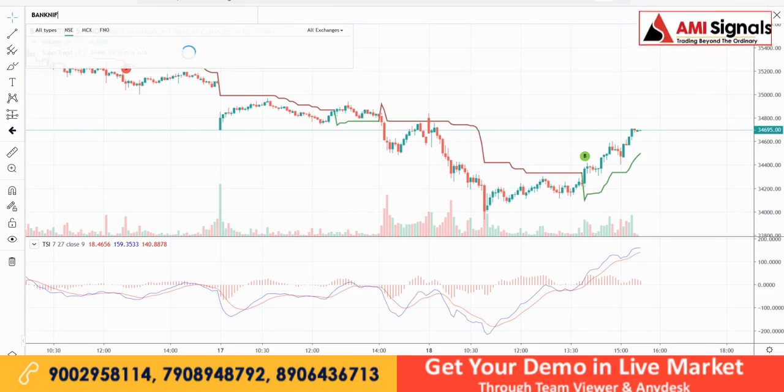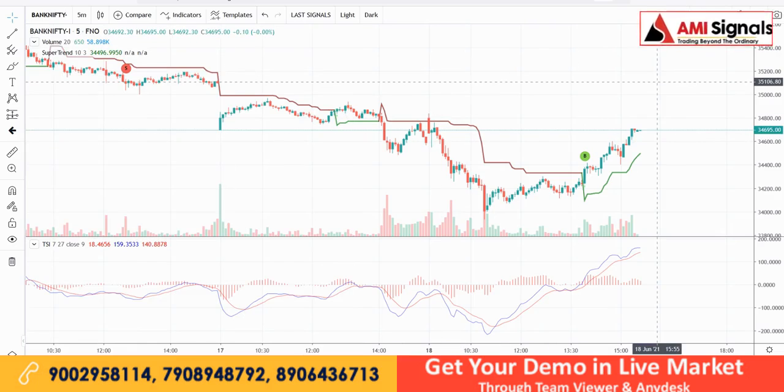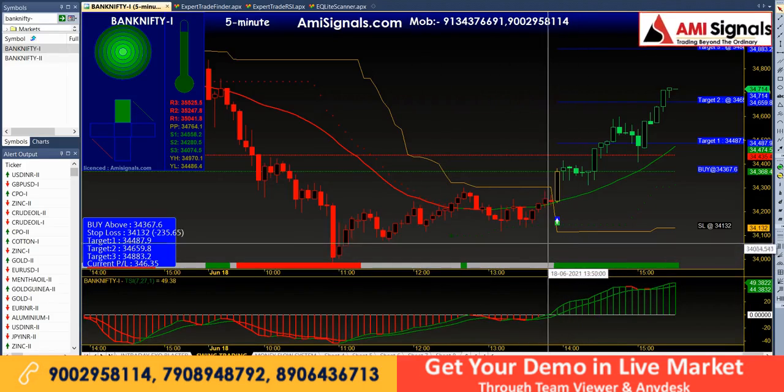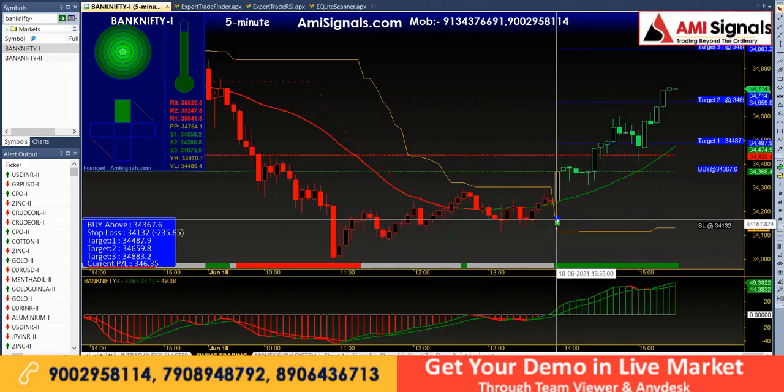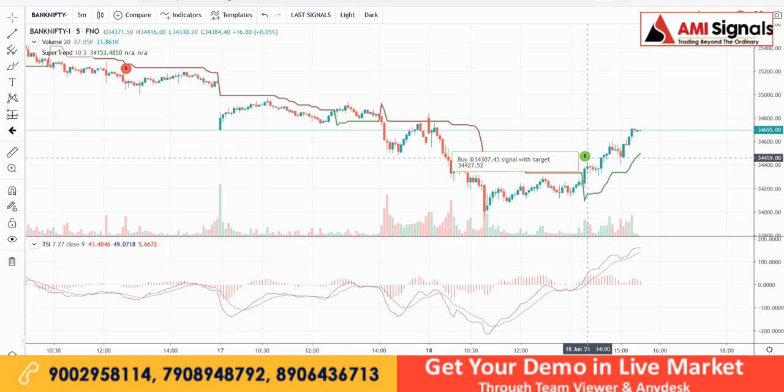If I search Bank Nifty over here, you can search any script of your choice from here. You will get NSE, MCX, futures and options, all the scripts available. See, Bank Nifty just generated. Double click, it will open over here. Now see, in the chart Bank Nifty future gives a buy signal, and if you check in the mobile app, there also it's showing a buy signal.